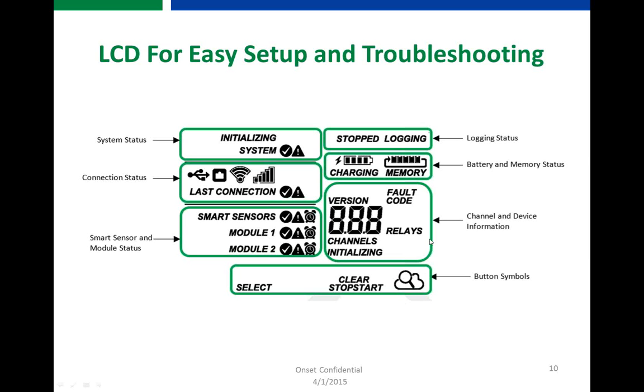Next, you'll see a section with a lot of information that helps you understand not just what firmware version you're on, but also if there is a fault or an error with the system or a sensor, it will give you fault code diagnostics. And the most commonly used fault codes are identified on the inside cover of the device, so you don't need to remember what those are or try to decipher what they are. We also use the 7-segment numeric display to tell you how many sensors are connected to the various modules when you've selected those